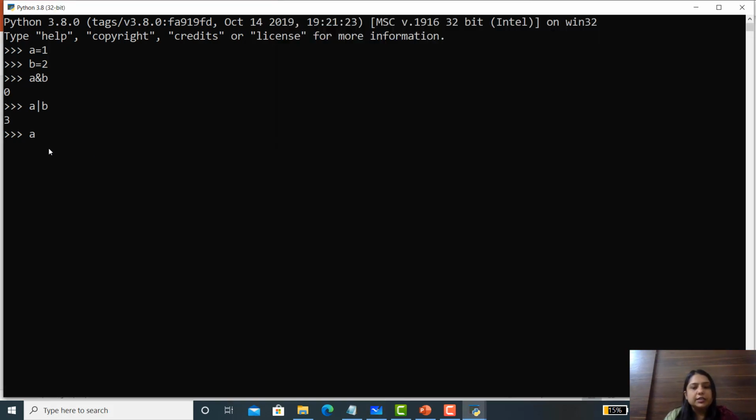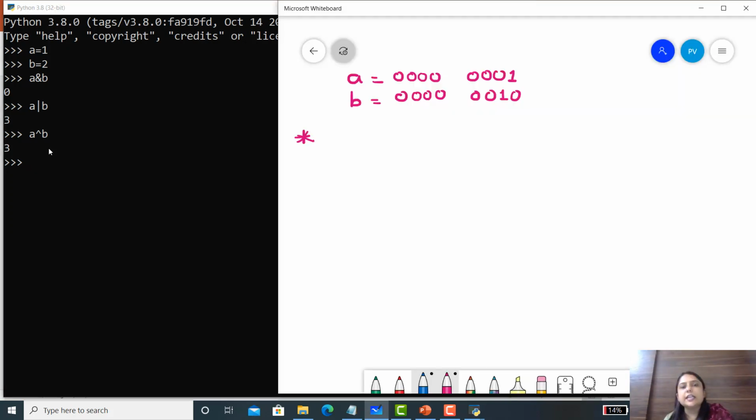Now perform the XOR operation, A XOR B. Then the answer is 3. Let's see the explanation. We know that A equals this and B equals this. For the XOR operation, I am writing the digits 0 0 0 0 0 0 0 1 and 0 0 0 0 0 0 1 0.